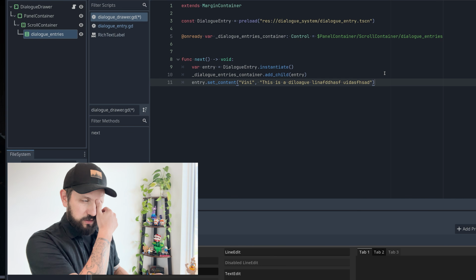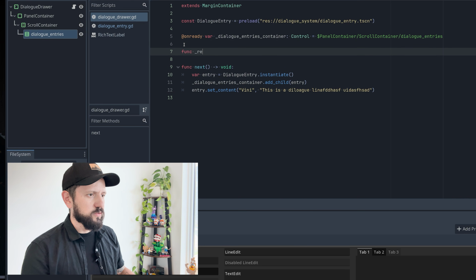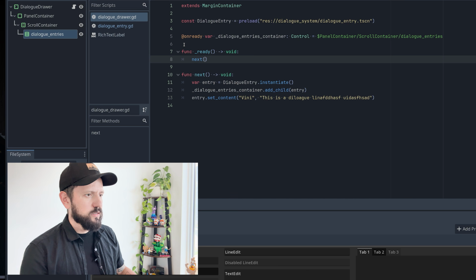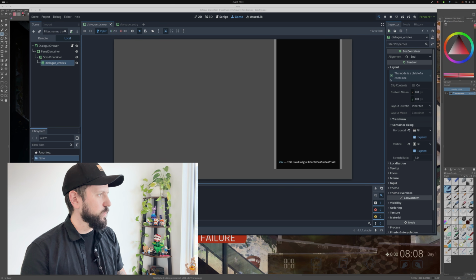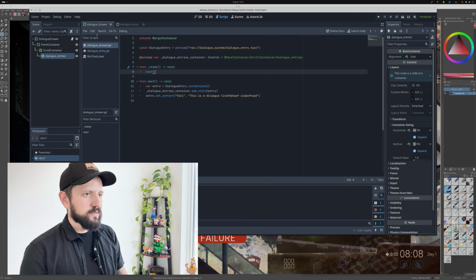Cool. To make sure this next works, I'm going to do the ready thing, next. Now if I execute this, we should have the entry there anyway. Perfect. Now let's go to my main scene again. So this scene,